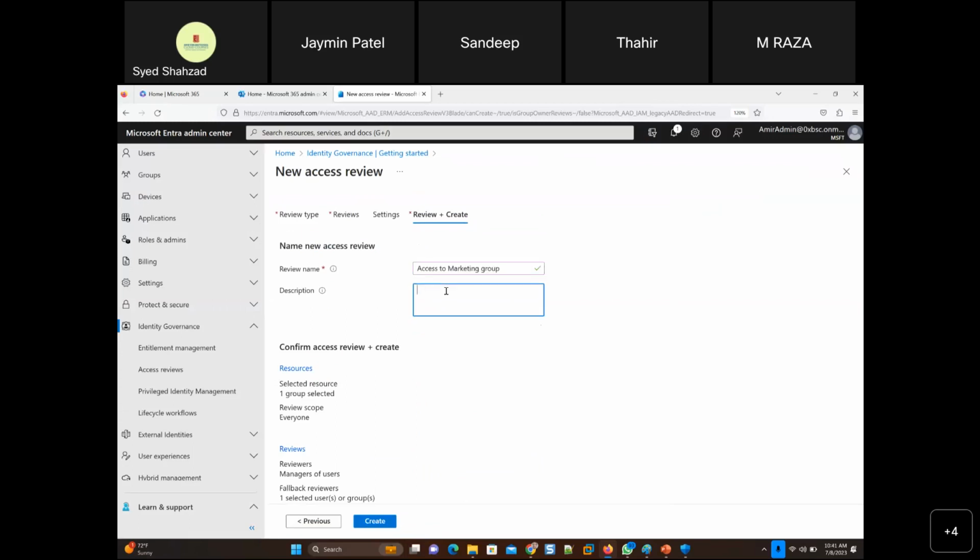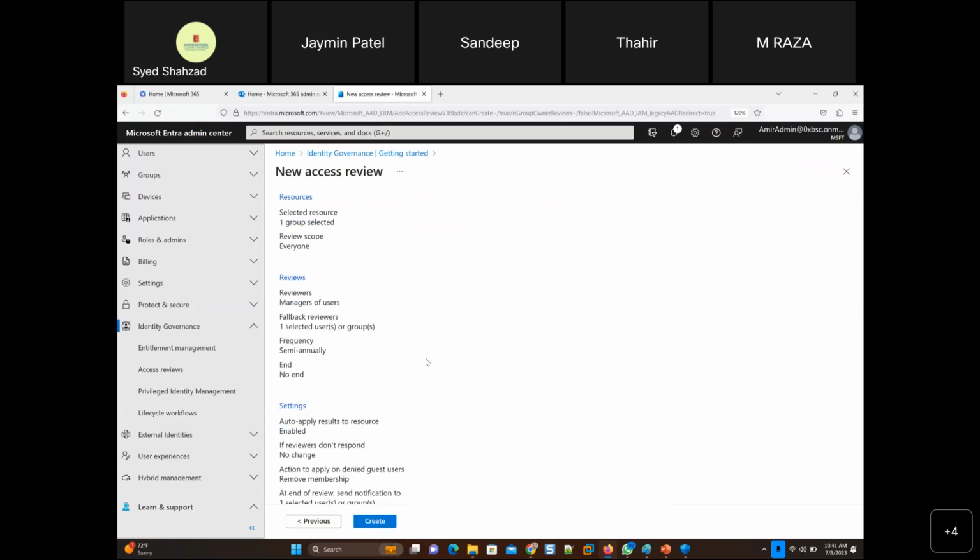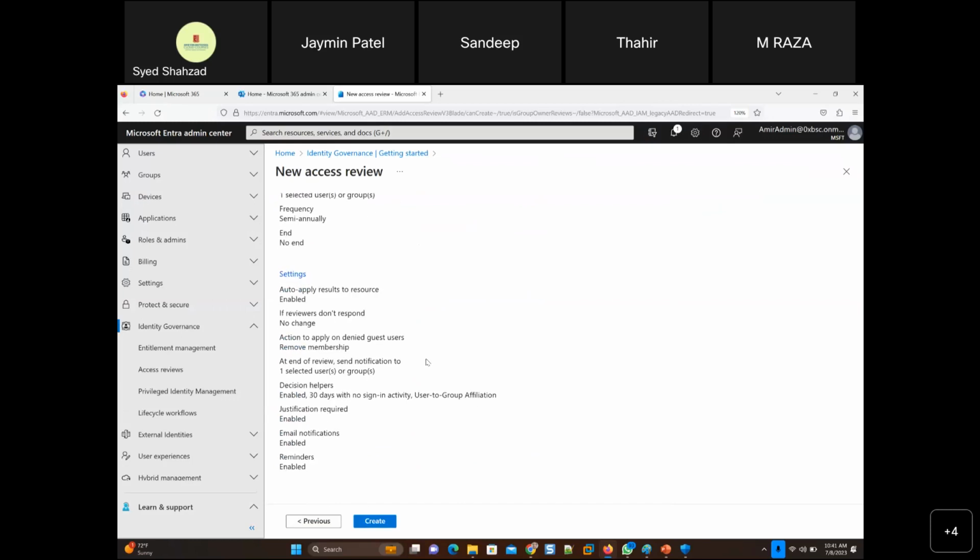And here also it's every 3 months. Okay, 6 months. Yeah, that's what I can figure. So every 6 months membership of this group will be checked. So governance is so detailed in Microsoft that it really gives managers peace of mind as well.